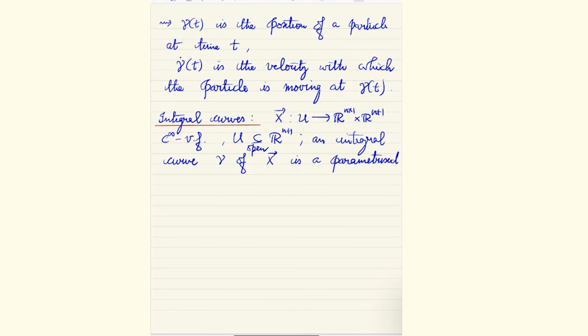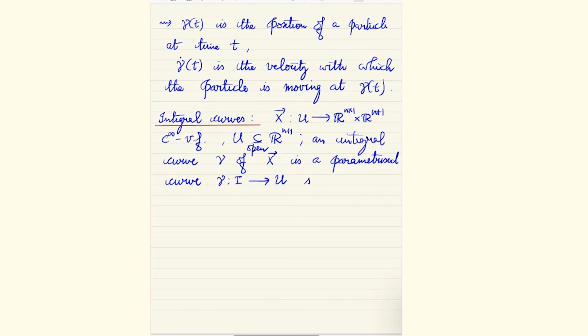What does it mean that it fits the vector field? It means that the velocity vector at every point on the curve actually gives the corresponding vector given by the function associated to the vector field at that point. So it's a parameterized curve gamma from I to U,